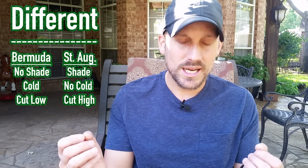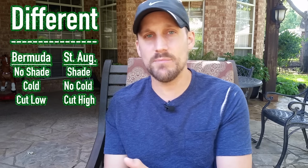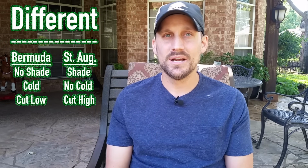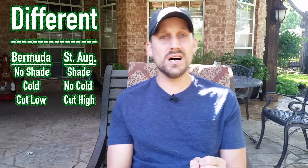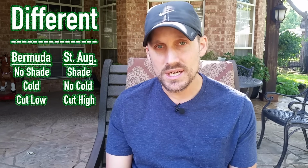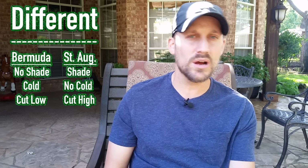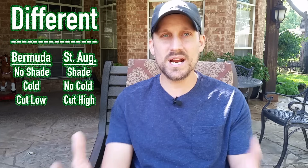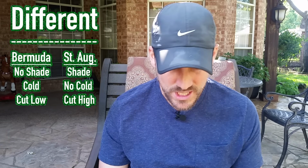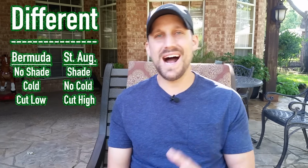Bermuda likes to be cut low, St. Augustine likes to be cut high. Bermuda around 1/2 inch to 1.5 inches, depending on your variety. St. Augustine 3 to 4 inches. So you need to decide, do you want to cut low or do you want to cut high? If you cut low, you have to cut more often. If you cut high, you don't have to cut as often. So depending on how your box is checked for the first two, you can kind of make a decision on which one you want based on how high you want to cut